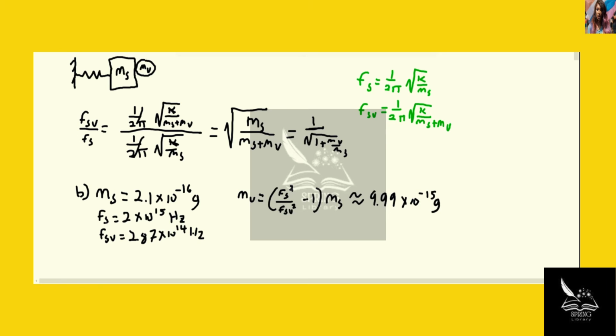So incredibly tiny. The last thing that it asks us to do is to change that into femtograms. We just realized that femto means 10 to the negative 15th, and we say that that's going to be equal to 9.99 femtograms. I hope having me help you through this is